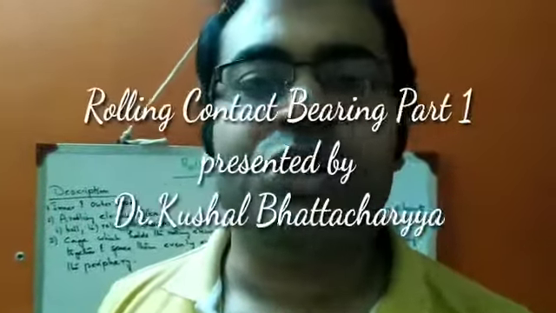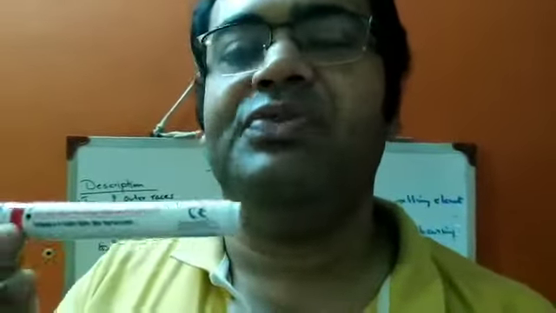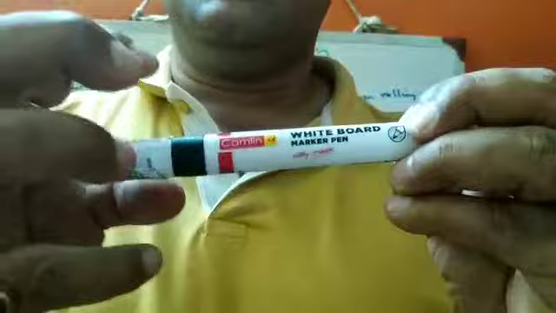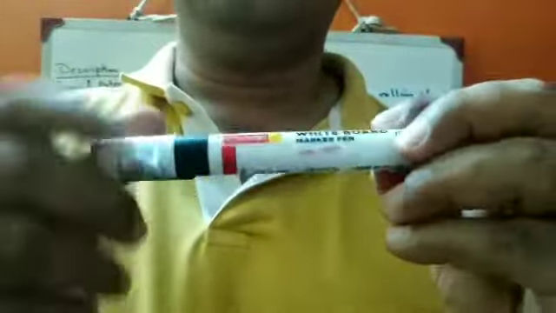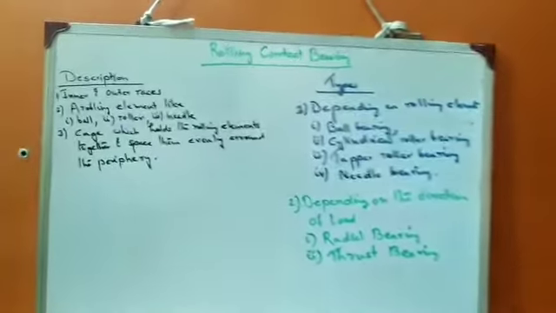Today, I am going to discuss rolling contact bearings. It is a very important topic as far as automobile and mechanical engineering is concerned. For the free movement of a shaft, suppose you take an example of a shaft that is to rotate freely at the end where it is housed, there have to be some bearings so that it could move freely. For the free movement of any rotating shaft, bearings are a very important part. So today we should be discussing the first part, that is, the rolling contact